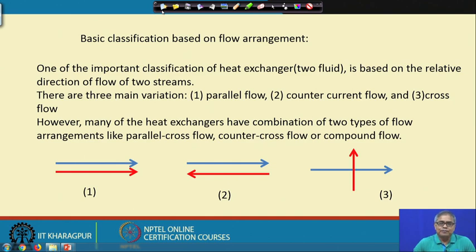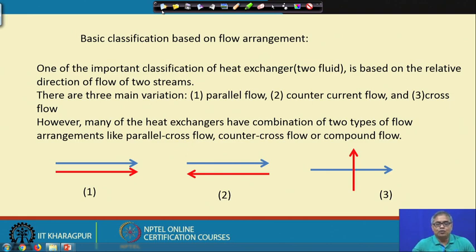We can have cross parallel flow or counter cross flow. So, those kind of combination or compound flow, where you cannot define the flow direction, changes a number of times in the length of the heat exchanger or in the volume of the heat exchanger. But for basic analysis of heat exchanger, basic categorization of the heat transfer mechanism,